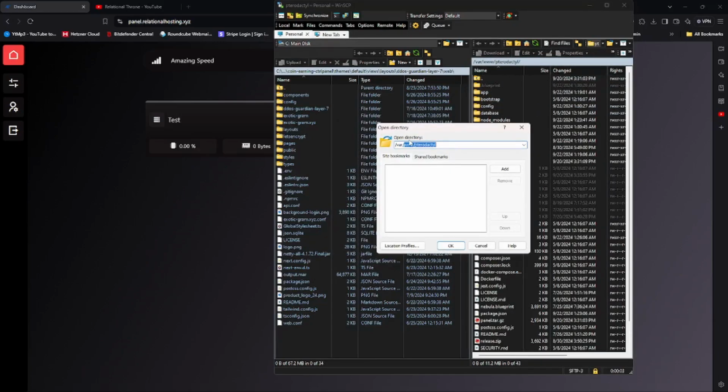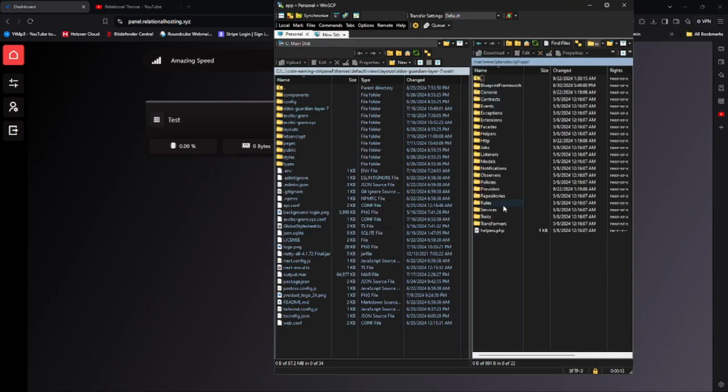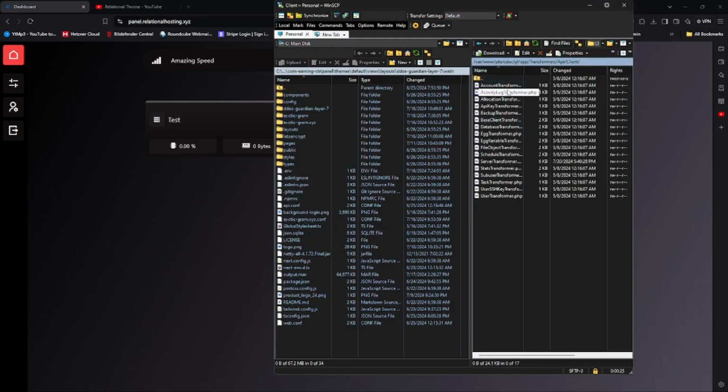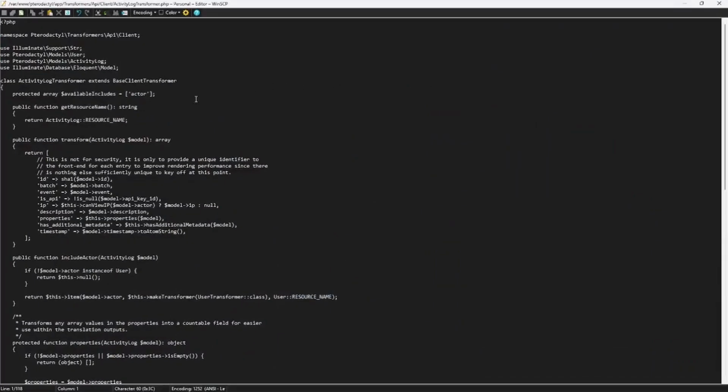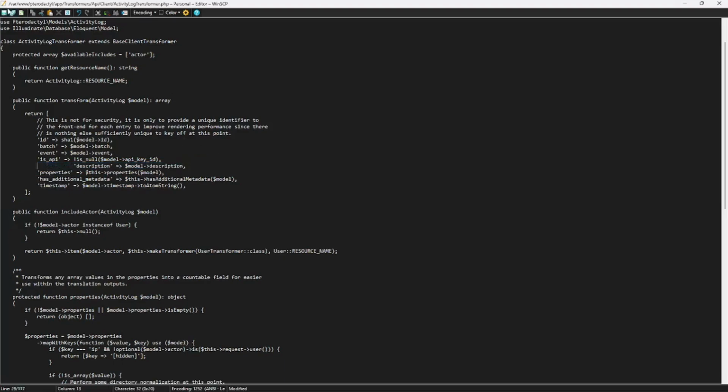go to /var/www/Pterodactyl. Okay, first when you're in here, you wanna go to app, transformers, API. I think it's applet now. It's client activity log transformer.php. Once you're in here, find where it says IP, delete it,